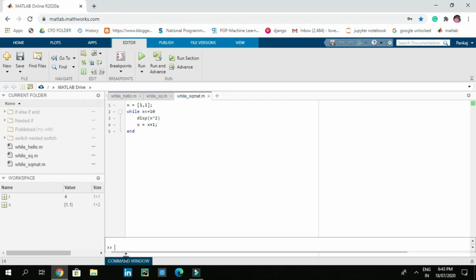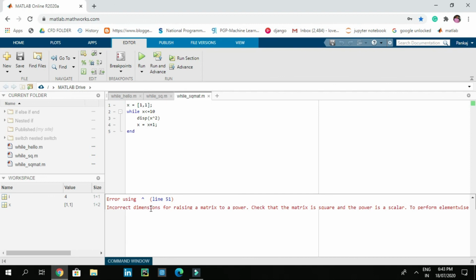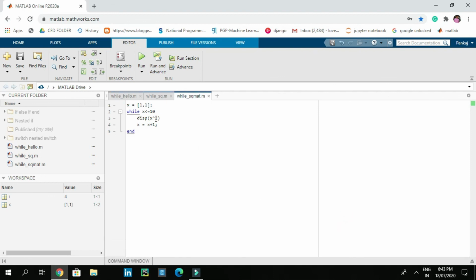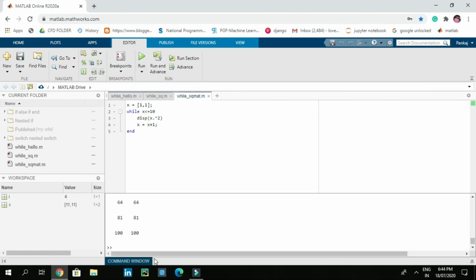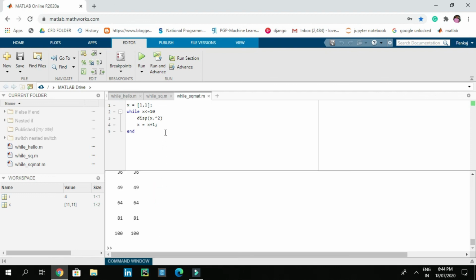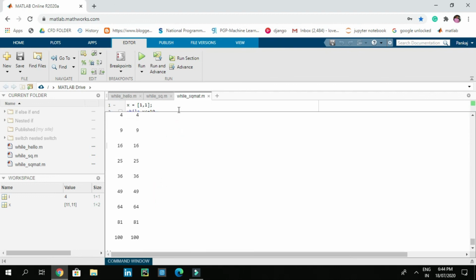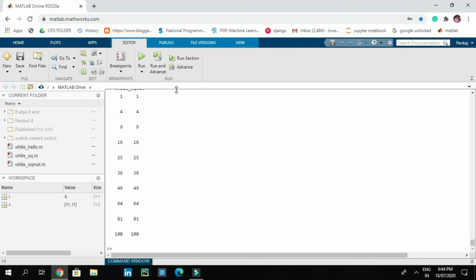So we missed something. To square a matrix we need to do element-wise square of x, so we need to add a dot after x. So now we added this. Now let's save and try to run this code. Let's open the command window. So it prints out the square of the matrix up to 10.